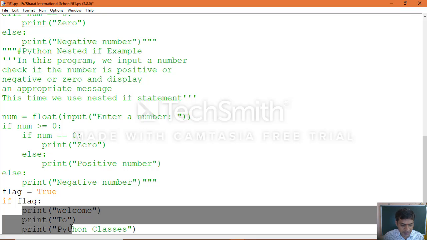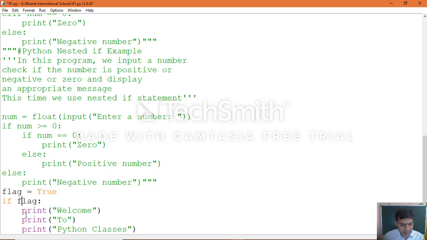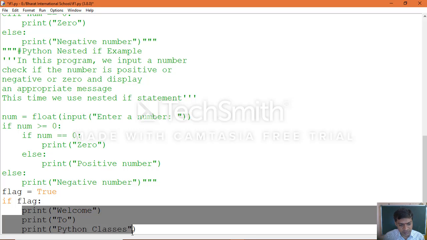All these are indented statements. Based on this if condition, all three statements we wrote to print a message will be executed. If this is true, we'll get the output. Suppose it is false, then these statements will not be executed.